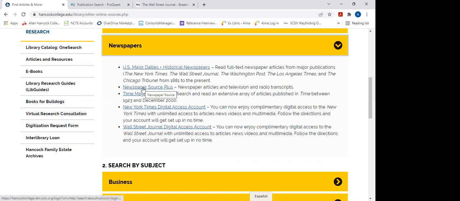Newspaper Source Plus is a resource where you can find newspaper articles and television and radio transcripts. The Time Magazine archive allows you to search,